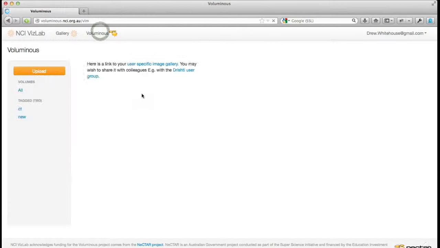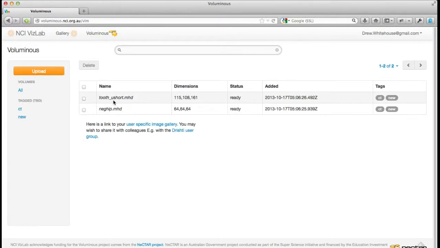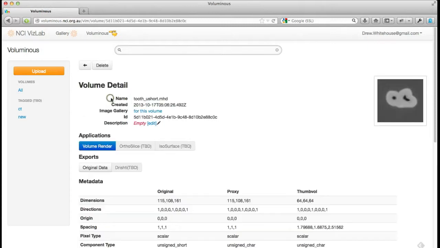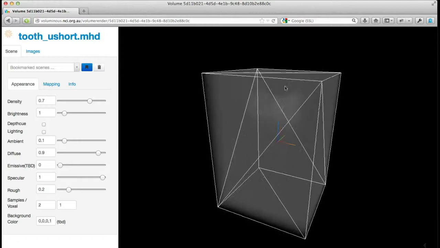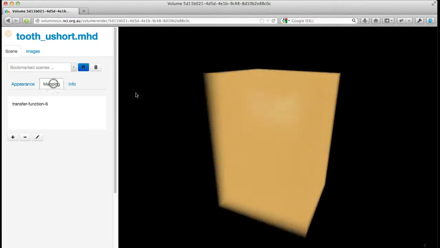I'll go back into the Voluminous application. So that was a basic example of rendering, and we'll do something slightly more sophisticated this time. Let's have a look at this other data set, which is tooth. We'll go to the